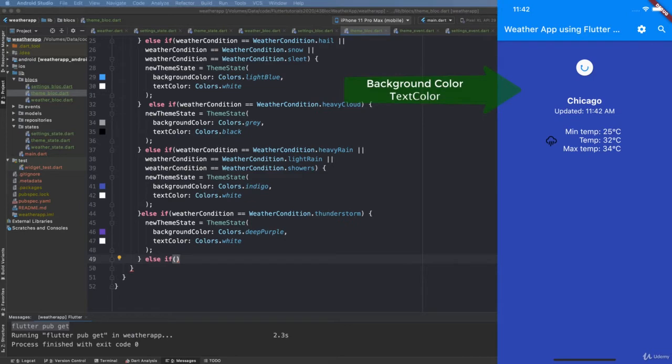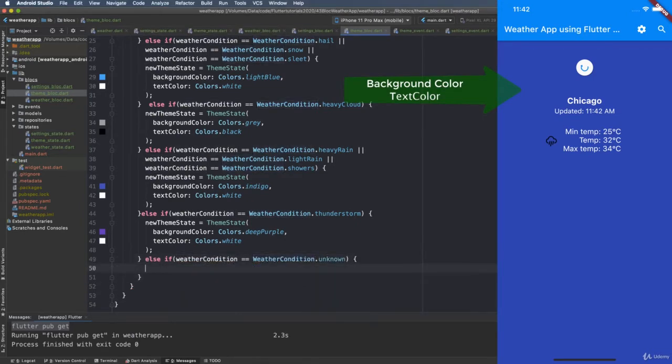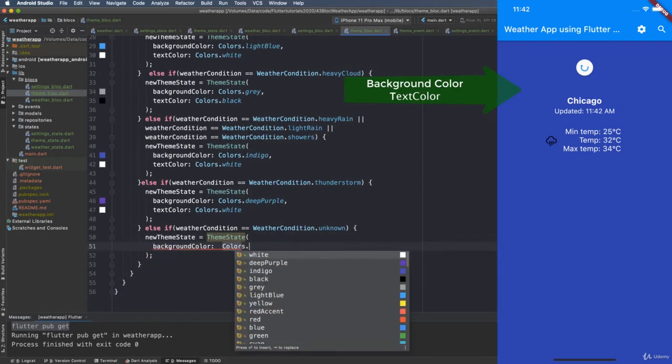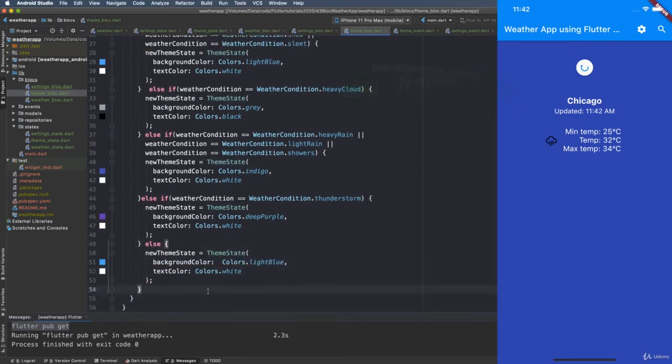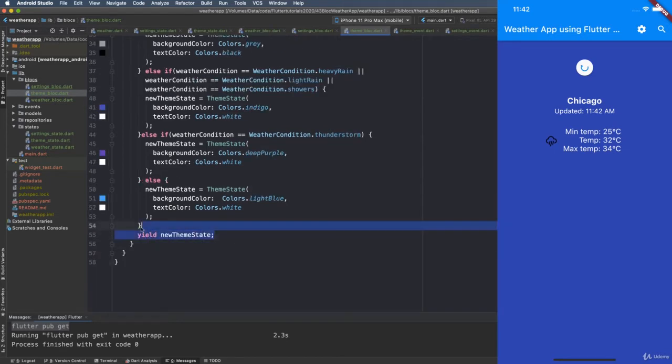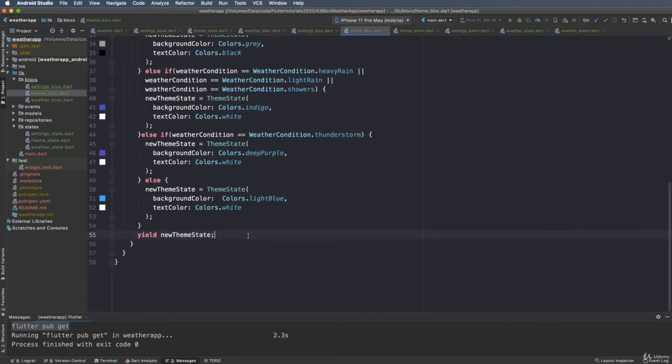Else if the weather condition is unknown, or the remaining case, you have the background color light blue and white for text. Okay, yes, I think this is quite enough. You use a new theme state after you change,